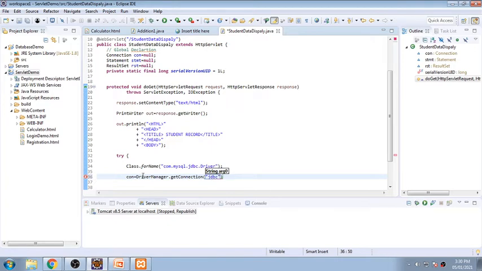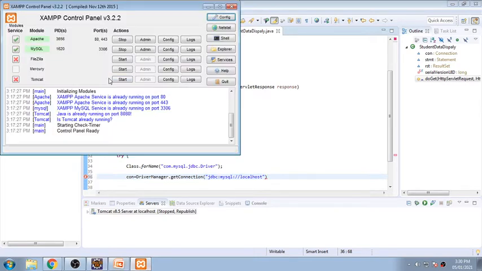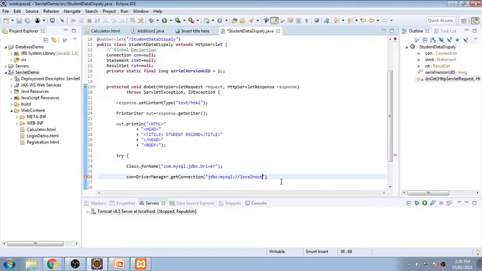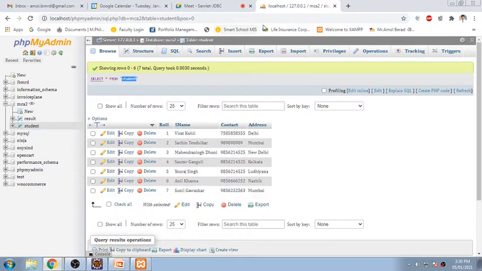jdbc is the URL. jdbc:mysql:// localhost, and as you know, MySQL is on port number 3306. So localhost:3306, and the database, you see here, it is MySQL, it is in the MCA2 database.